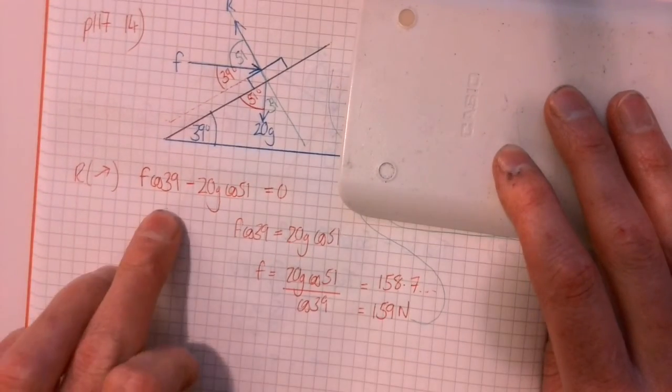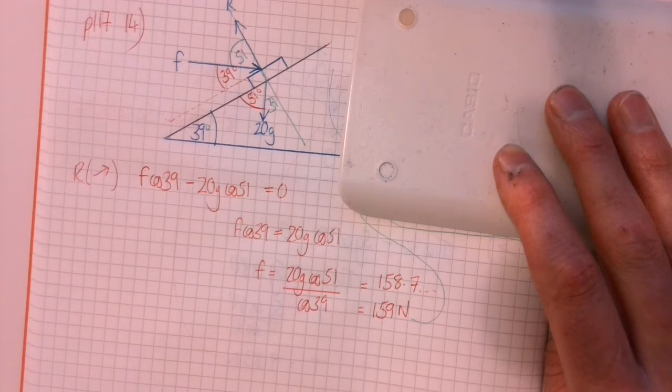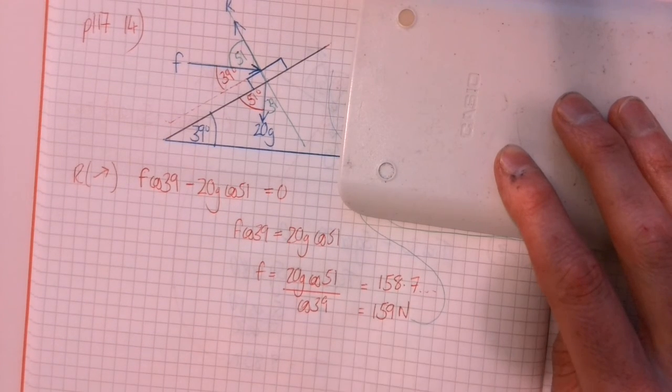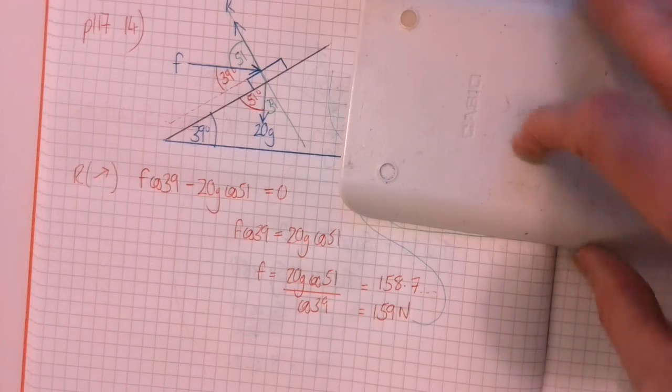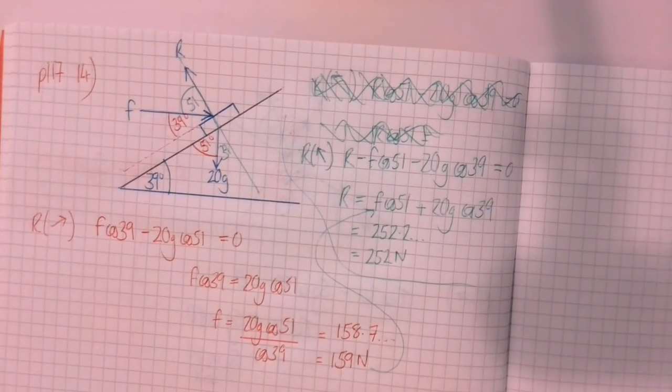So up minus down equals 0 because it's in equilibrium. That allows me to get 159 as my value of F, although I've stored the exact value, and that's because when I come to resolve